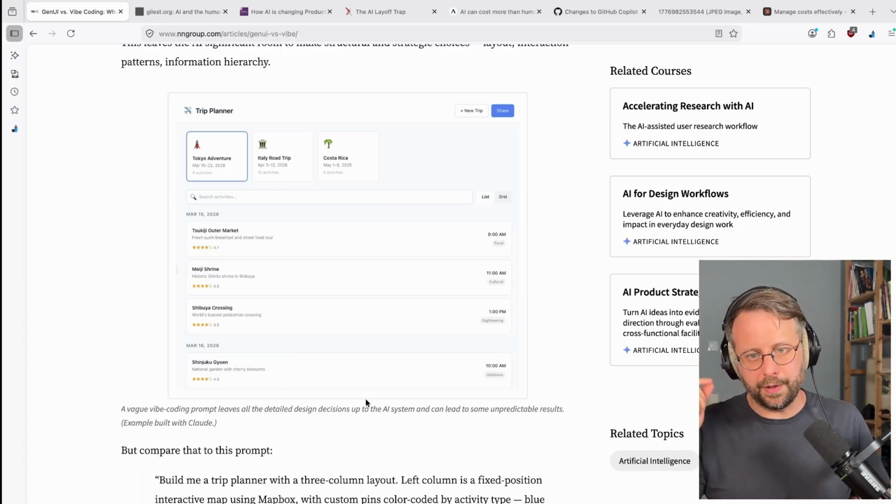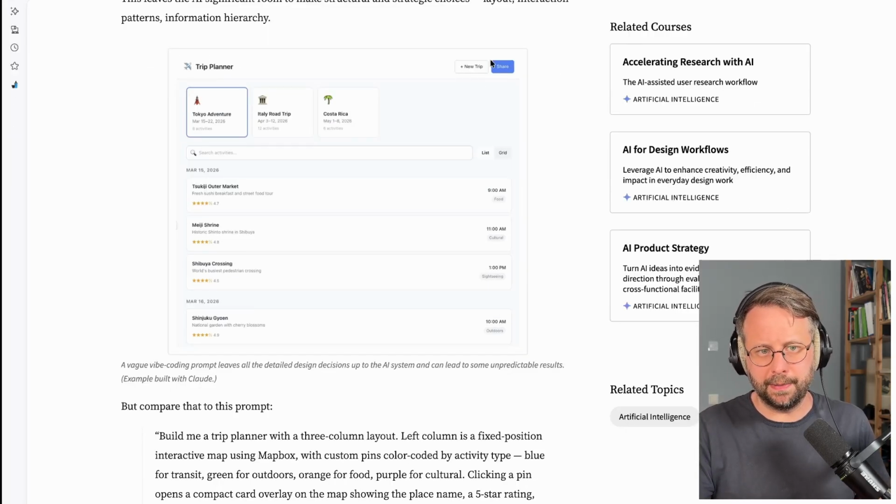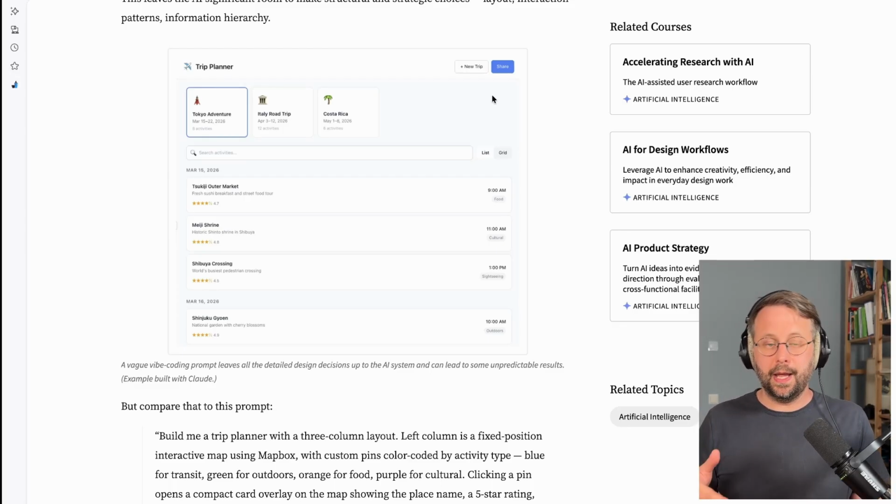And I think that's one of the biggest weaknesses with using generative AI to do design early in the process, or as a concept generation step, is that you get locked into, for example, something simple like having these buttons at the top here. I'm not sure that's the optimal place for a new trip or a share button. Maybe it is.